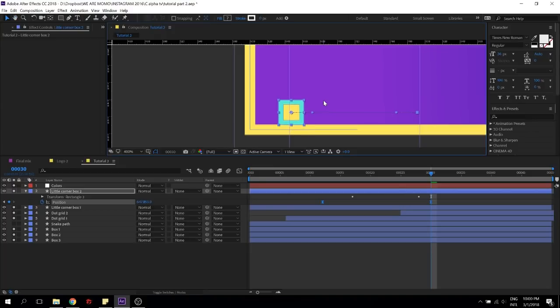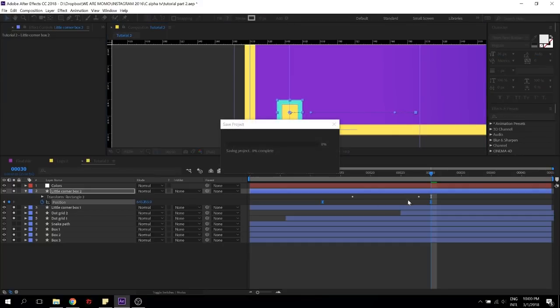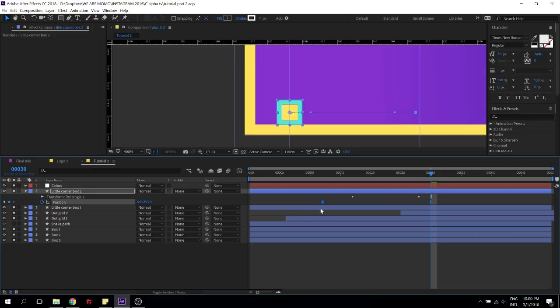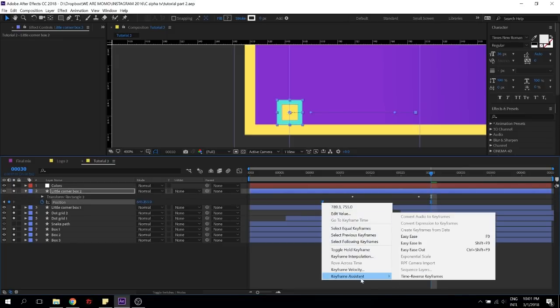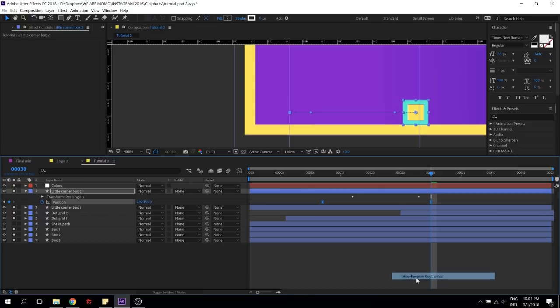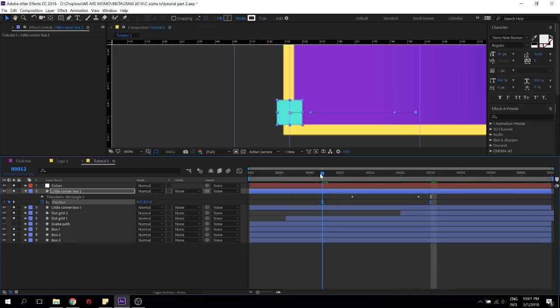I'm selecting both keyframes and going on one keyframe so that I can move everything without changing the Tixbila. By the way, Tixbila doesn't mean anything, so don't try to find it out. It really doesn't mean anything, at all. So I'm just gonna time reverse keyframes. Perfect. So it's gonna happen here.